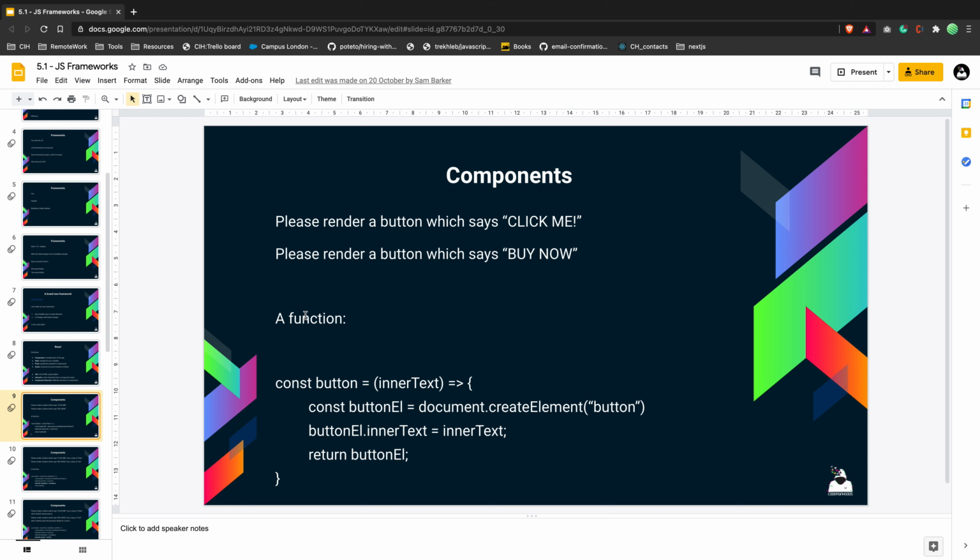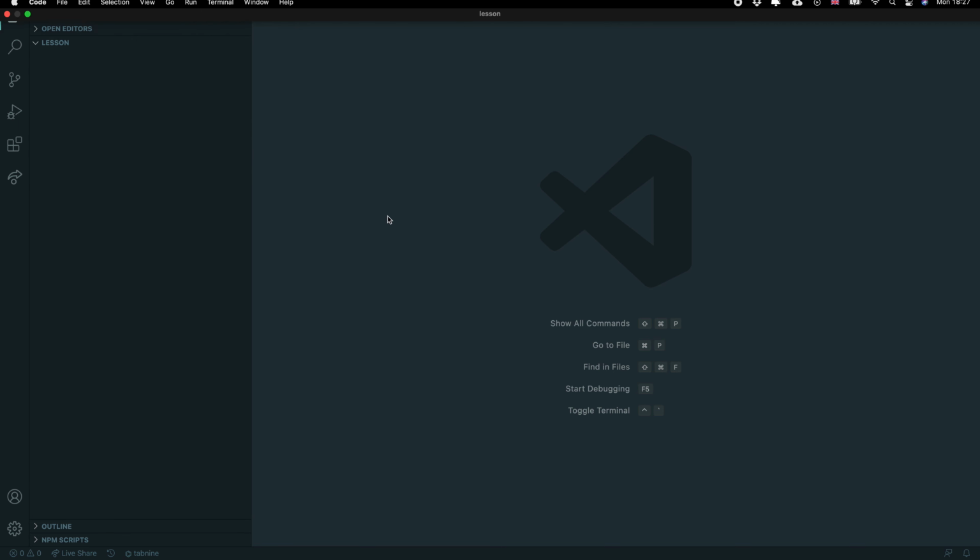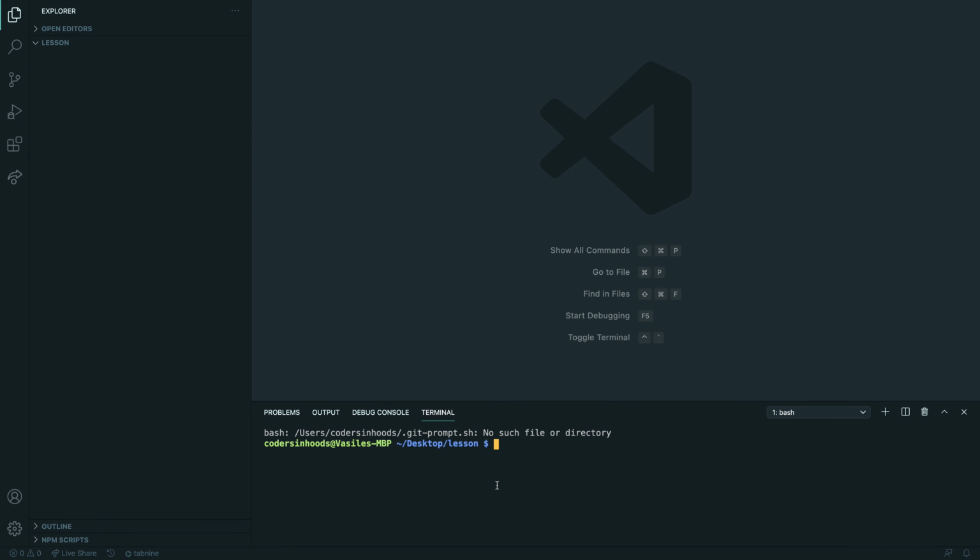So components. Let me go back here, and we will initialize the application. npx create-react-app, and I want to create the React app here.